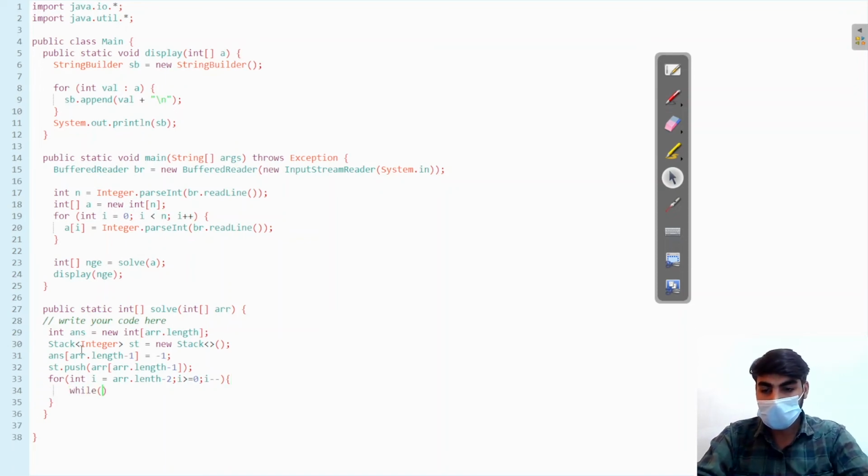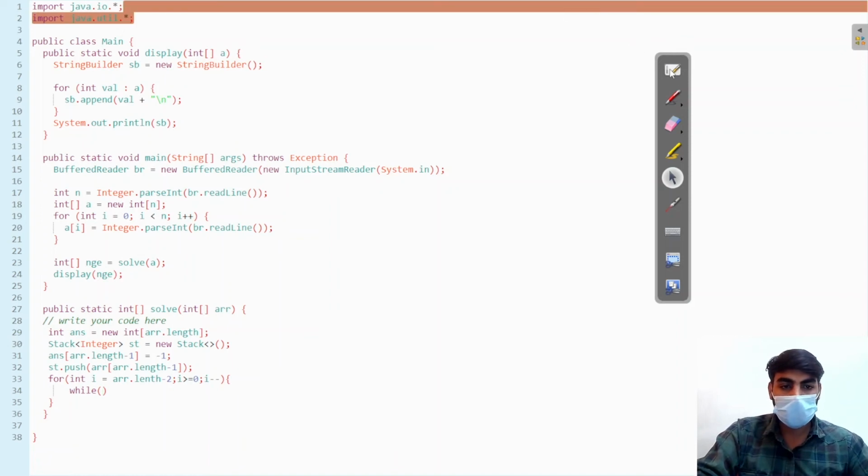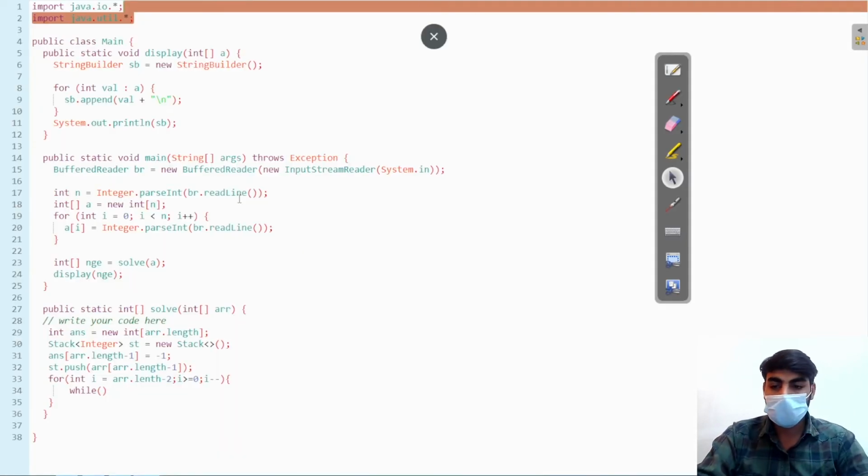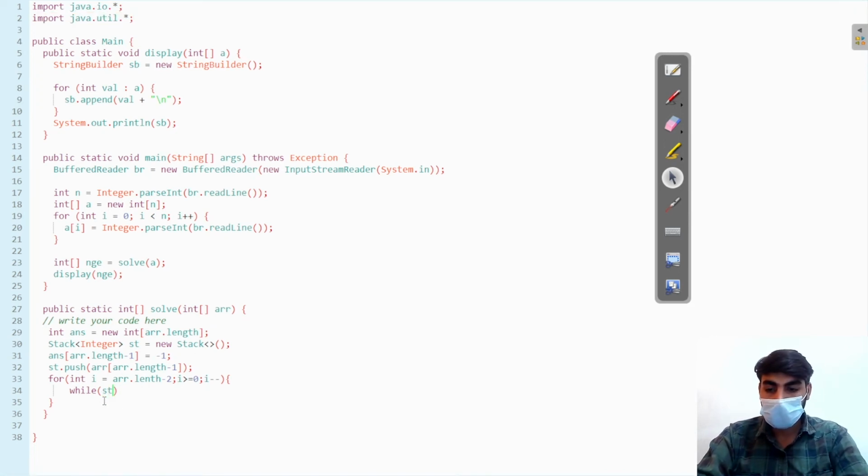Let's suppose we have 4 and 5, and then our next value is 2. So we check if the value at the peak of the stack is greater than 2. So we keep popping until the size becomes 0, or the value is less than the current value. So st.size is greater than 0